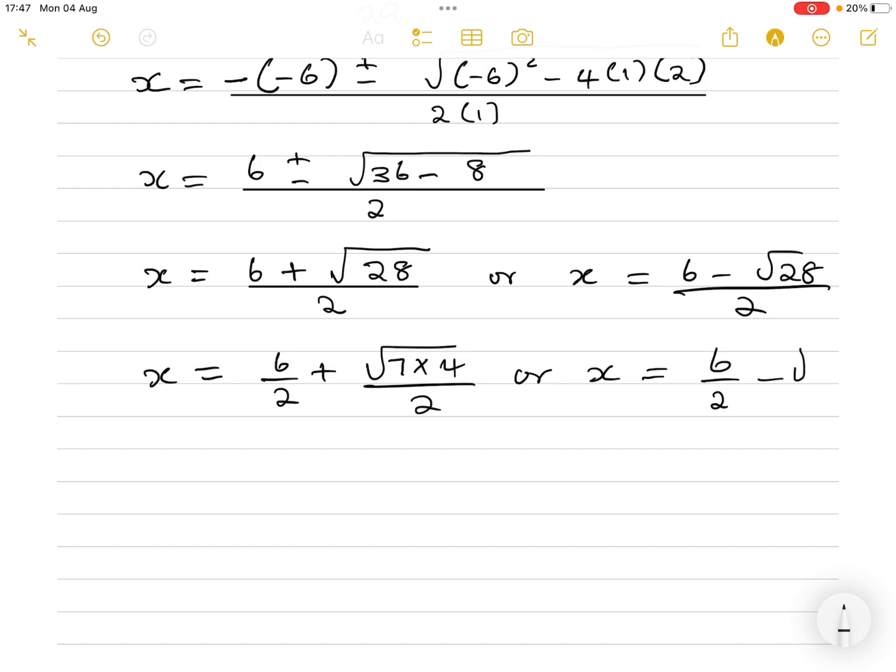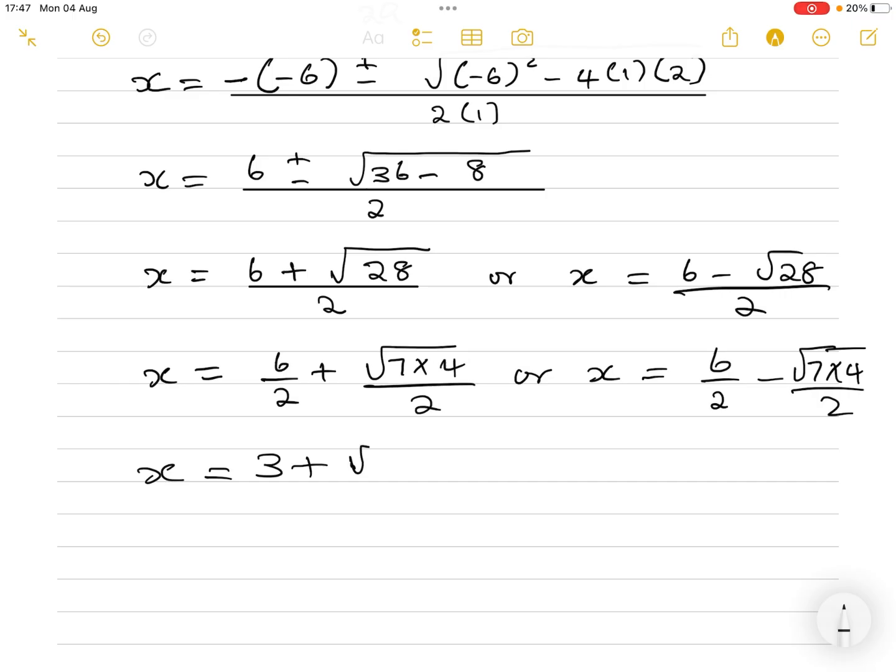So here 28 can be written as 7 times 4 again. Then you divide both sides by 2. So now you have x is equal to 6 divided by 2, it's 3, plus